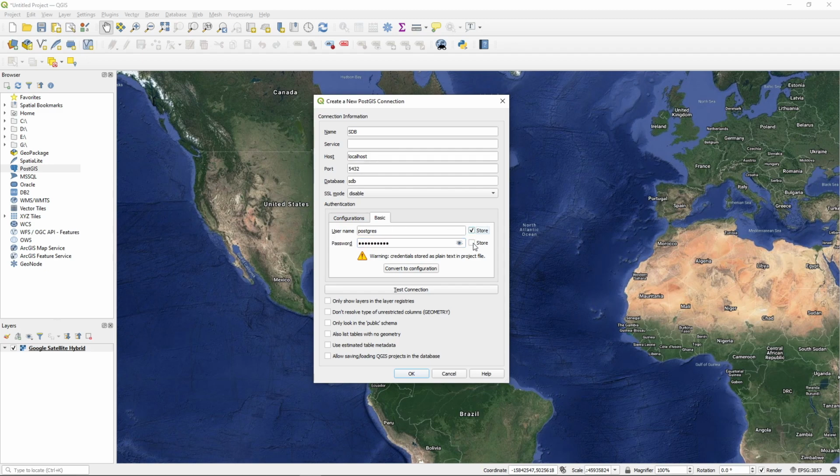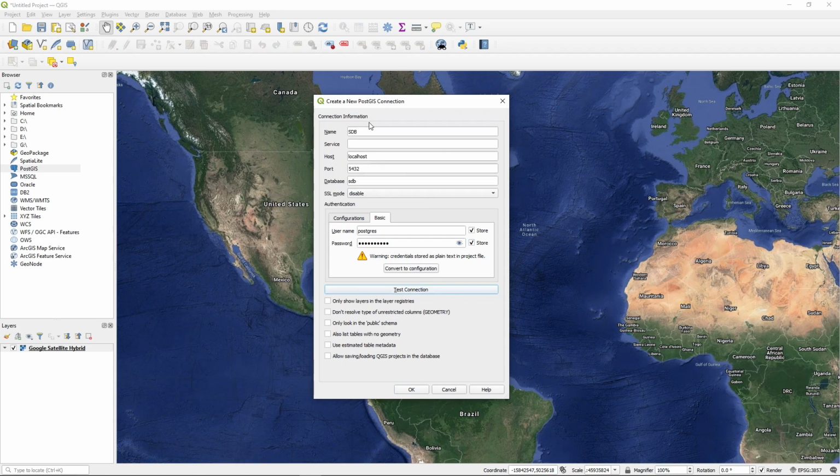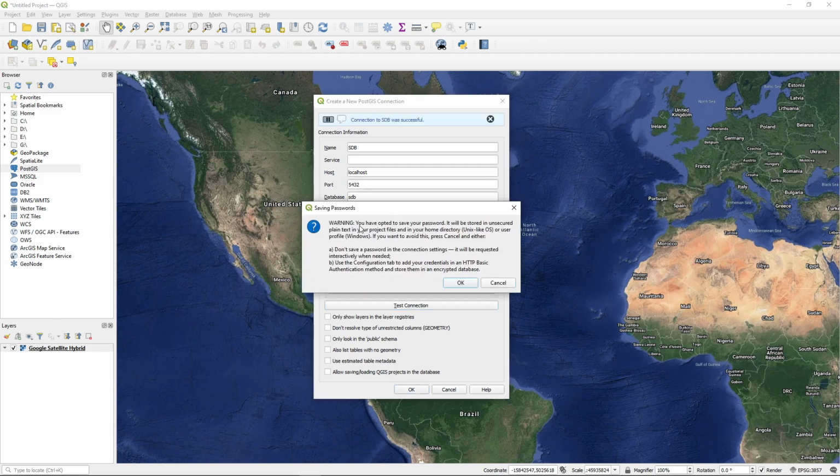You can hit store so that you don't have to enter that one more time, and then we can just test connection. At the top here it says connection to SDB successful, so that's good. Keep that in mind because we're doing this on our local computer, so we can just store this and don't need to enter it again. But if you're doing it on a public computer, you don't want to do this because it's not safe. Anyway, once we have successfully connected, we can just hit OK, and it's going to warn you